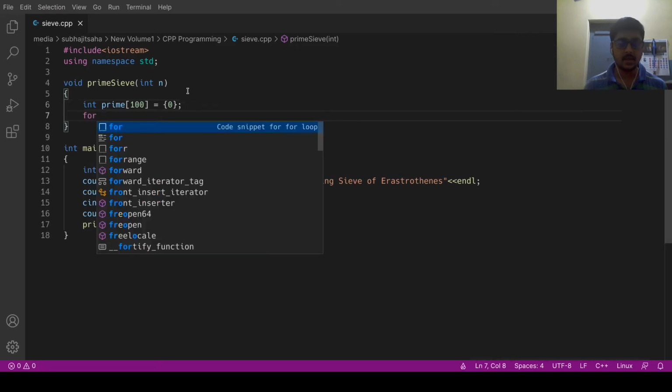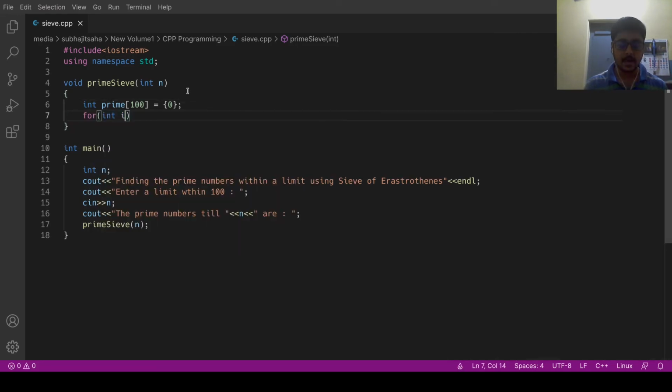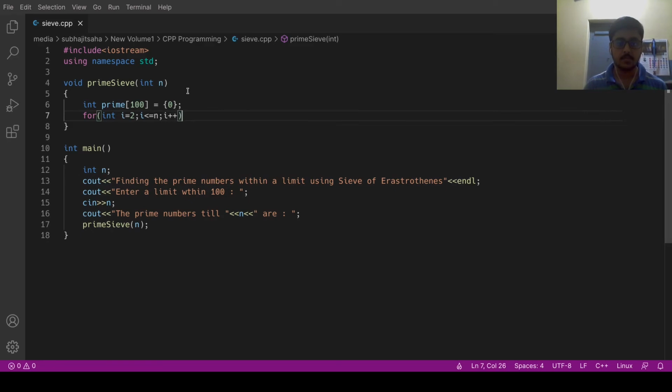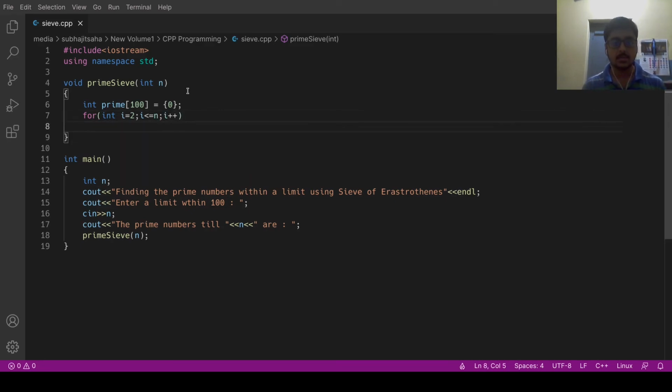Now I'll be taking a for loop: for int i = 2, i <= n, i++. I'll be starting the for loop from 2 and not 1, because 1 is not a prime number, and I'll be going till the limit.